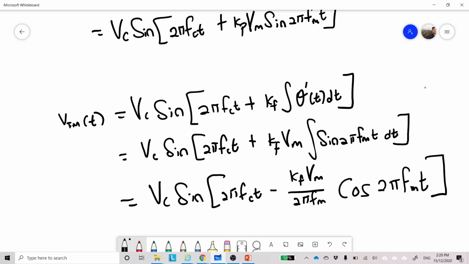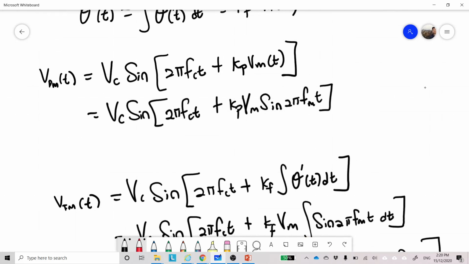So this parameter is also known as the beta F modulation index for the frequency modulation FM. Okay, so beta F is a unitless parameter. Okay, and over here we have also which is known as the beta P. Okay, so beta P is in terms of radians.